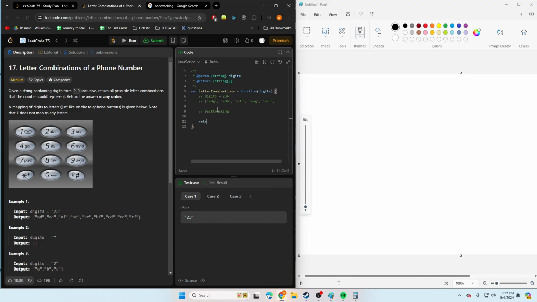Well, let's start with what we know. So if digits goes to empty string, we just return an empty array. So if we want to brute force this, right? Let's just use the example as the big. We need a result array that we can push to, and then